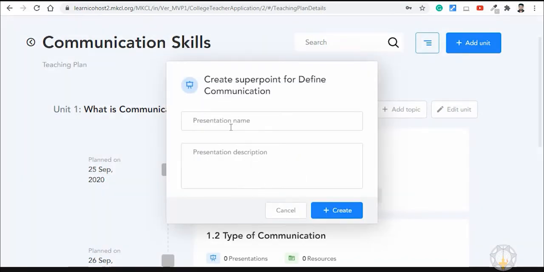Write name and description of presentation. And click on create.